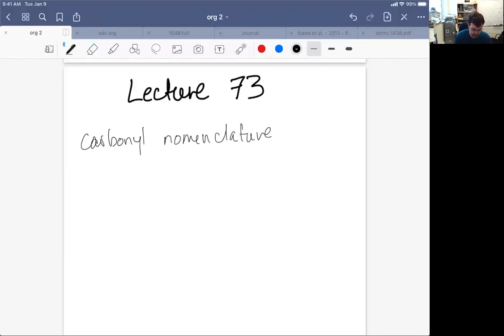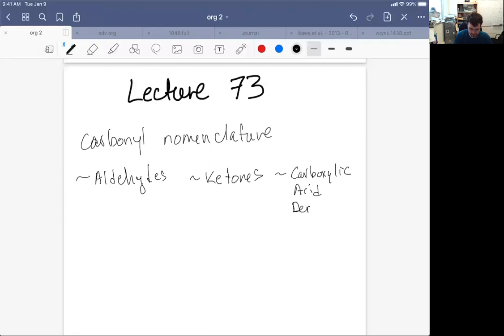Let's first start off with just defining the typical functional groups that you see. We're going to be looking at aldehydes, ketones, and even though ketones is pronounced "key-tones", you don't throw a Y in there, like K-E-Y, no. And then carboxylic acid derivatives. Now, carboxylic acid derivatives are going to be down the road a bit. We'll instead focus more on